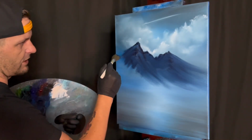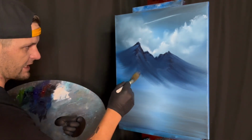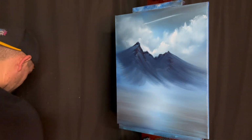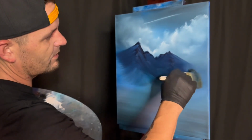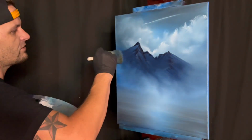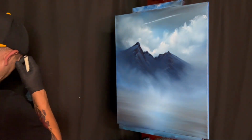And of course, if we're going to go one way, we've got to go the other way. So pull him off to the side. Give him a little bit of a dark side, a little shadowy side off in the distance, right? Very cool. Nothing too crazy. And then we can add more mountains. You can do all sorts of differences. You can literally take it, mix it up, and not even add any highlights to it. You can do whatever you want to do. Right? A little bit of mixing, and all of a sudden you've got a little floating cloud out there in the